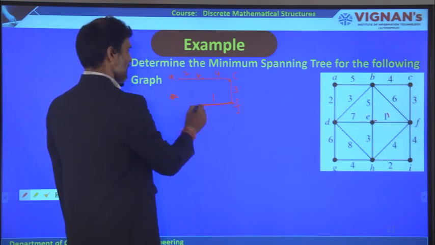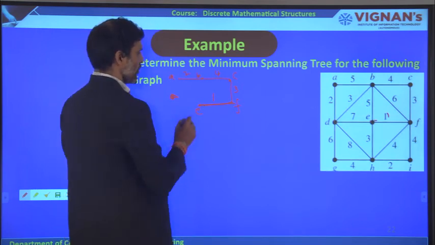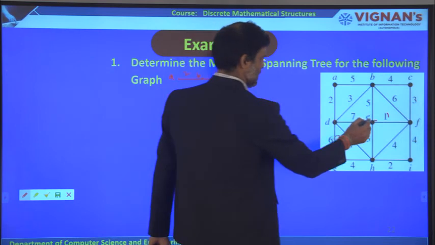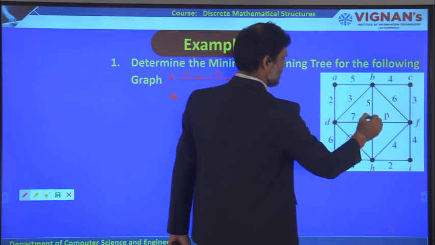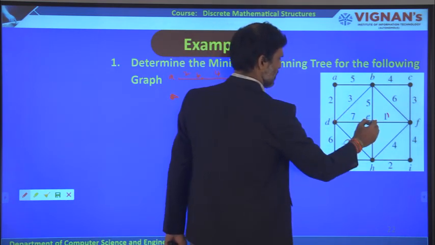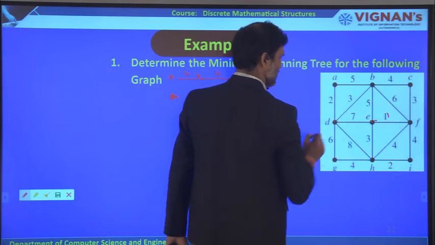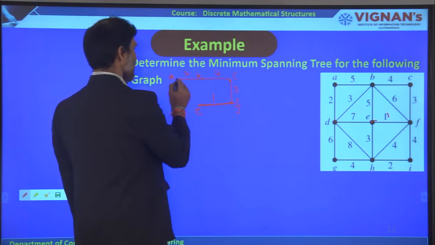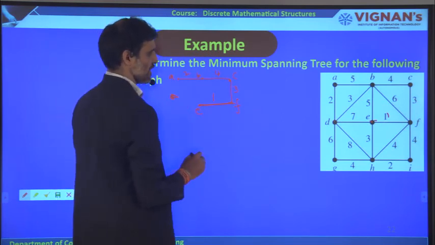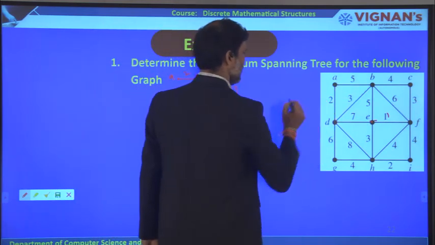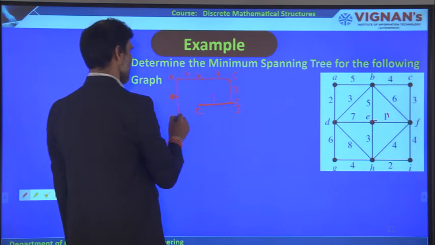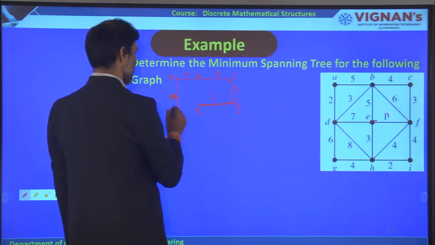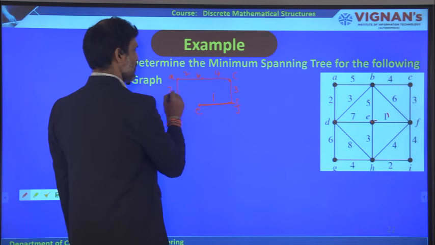So see here, we are going with E. If you go with E here, what are the adjacent vertices? B is there and H is there. So D is there and F is there. So we have taken only F. Therefore, now coming to the case of A, what are the adjacent vertices? B and D. So of these you have to go with what? D. You have to go with D, which consists of value 2.